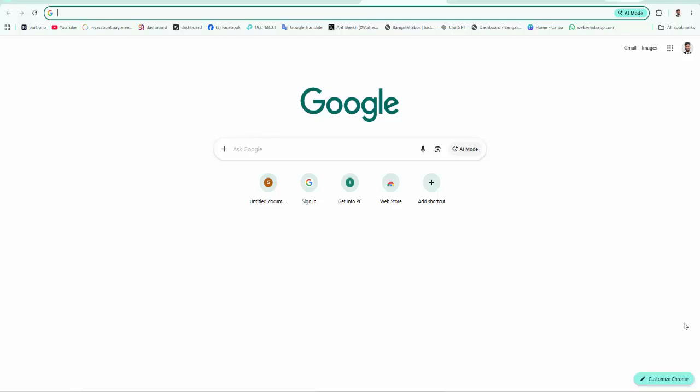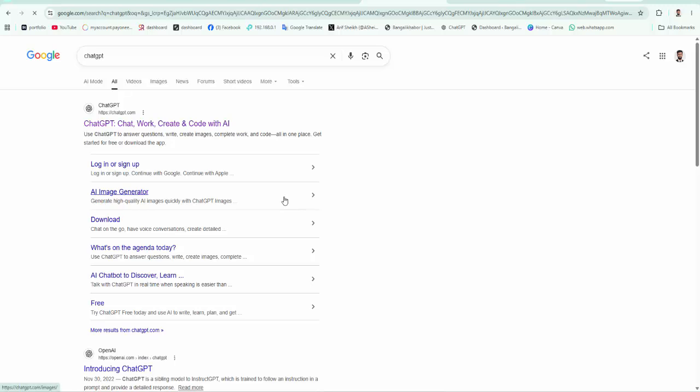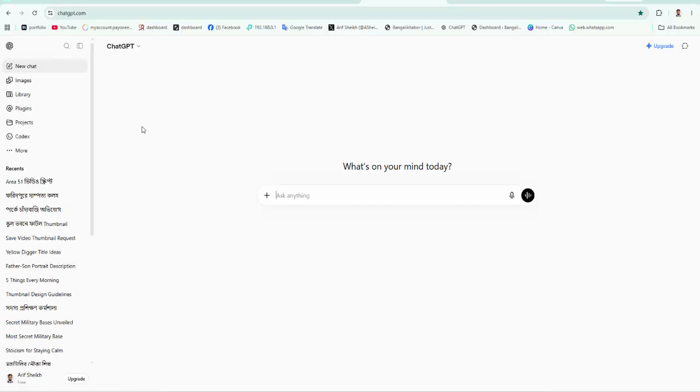Now we select the search bar. Click on the search bar and type ChatGPT. Now open ChatGPT. Now you can see ChatGPT is open, and in the search bar, edit your prompt for the logo. Now, from the keyboard, press create